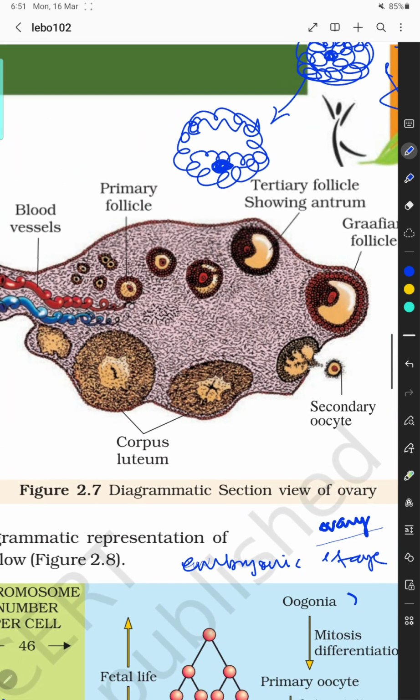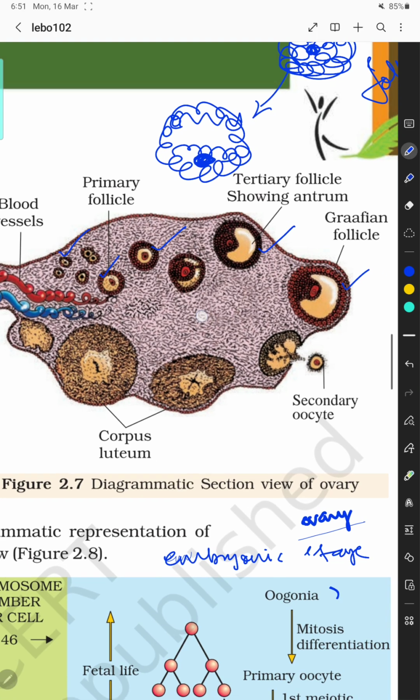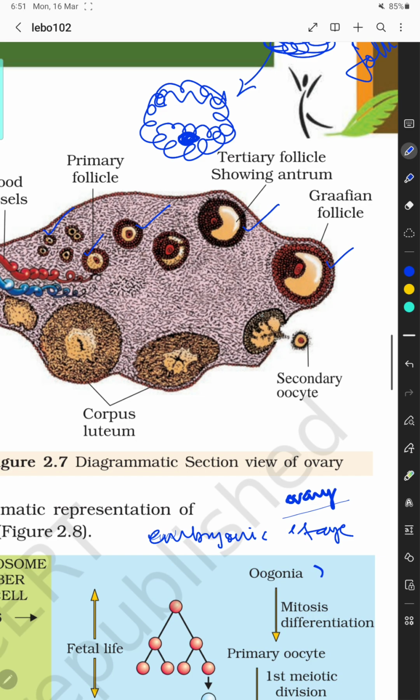आप इस डायग्राम में देख सकते हो, देखो आपका कैसे पहले था, these are प्राइमरी फॉलिकल्स। ठीक है, ये देखो प्राइमरी फॉलिकल्स, then सेकेंडरी फॉलिकल्स, टर्शियरी फॉलिकल्स, then ग्राफियन फॉलिकल्स। और जब ओवुलेशन हो रहा है, ओवरी से क्या रिलीज हो रहा है? सेकेंडरी oocyte, जिसका प्लॉइडी है N, जिसमें मियोसिस शुरू तो हुआ है लेकिन कंप्लीट नहीं हुआ।